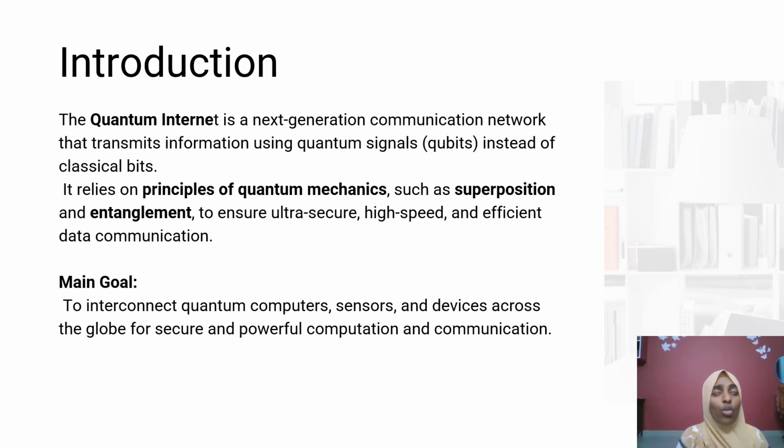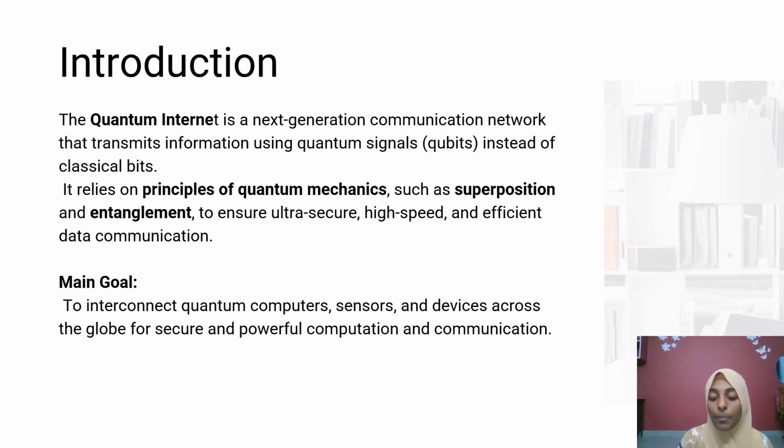This qubit relies on quantum mechanics. There are four fundamental principles in quantum physics: superposition, entanglement, uncertainty principle, and wave-particle duality. On the basis of these four principles, quantum internet mostly uses superposition and entanglement to ensure secure and efficient high-speed data communication. Its main goal is to provide security and make the process much faster compared to the classical internet. It is all done by using quantum computers, sensors, and devices across the globe for secure and powerful